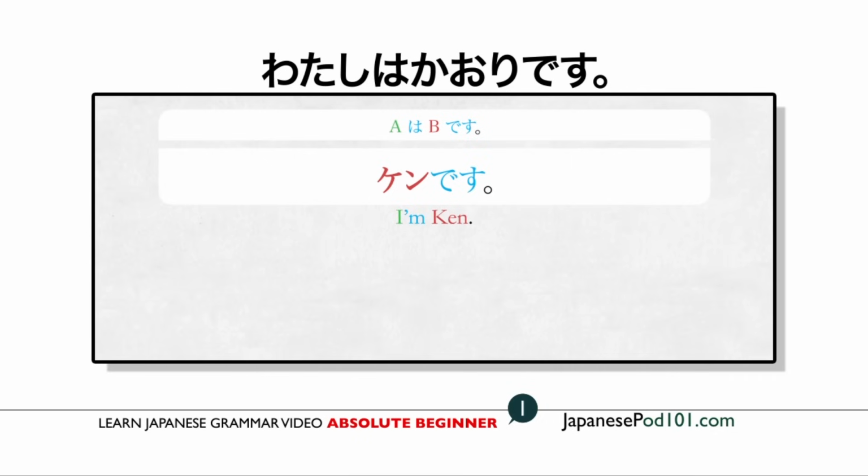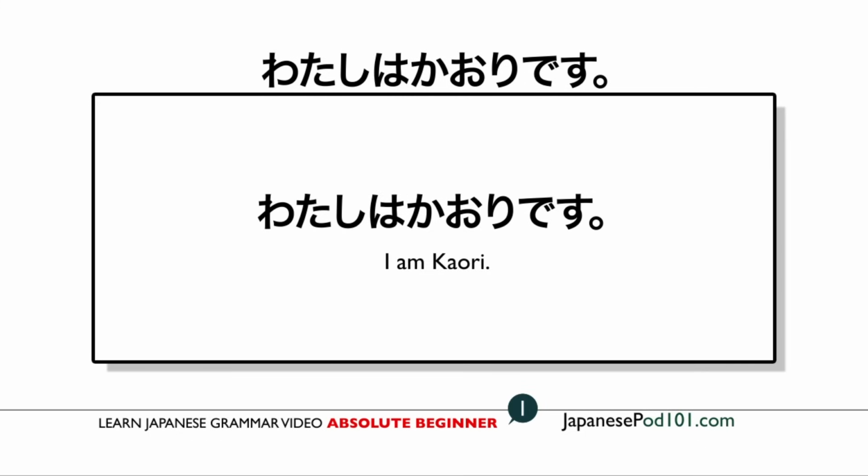Okay, so up until now we've been using names to complete this A は B です pattern. But we can insert other nouns, right? Yes. For example, in place of B, you can also say your job. 私はパイロットです。 Which means I am a pilot. Can we hear the same phrase a little more slowly? 私はパイロットです。 And once again at natural speed. 私はパイロットです。 Okay, great. 私は香りです。